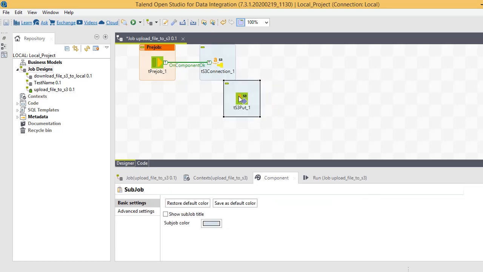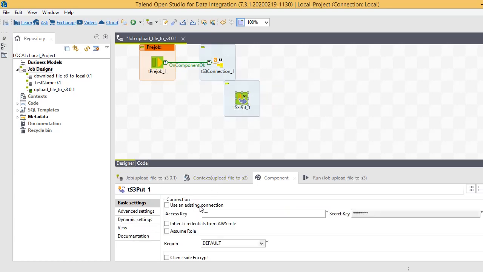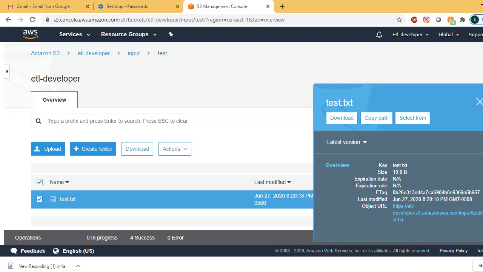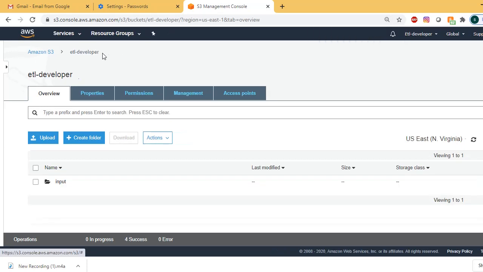And let me use this connection in tS3Put. So I selected use existing connection. Now I have to give the bucket name. My bucket name is ETL-developer.